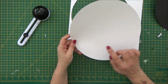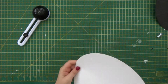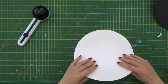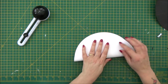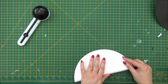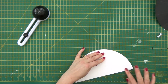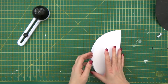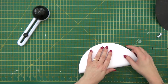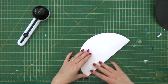So if you actually cut 6 10-inch circles, and then with your 6th one, you're going to fold it exactly in half. And just fold that. Turn it round and fold in half again. And do it so that you're lining up, in fact, where we folded that in half,